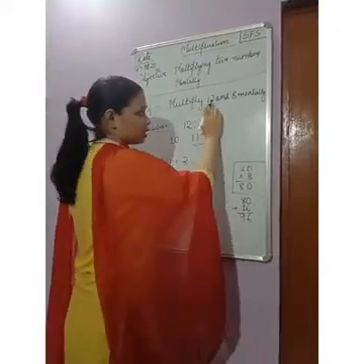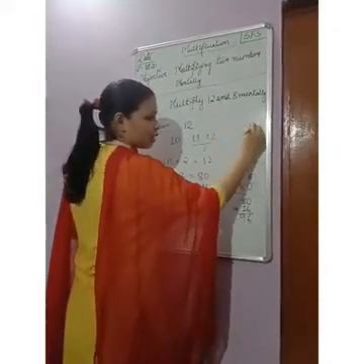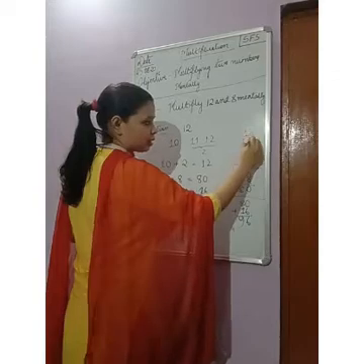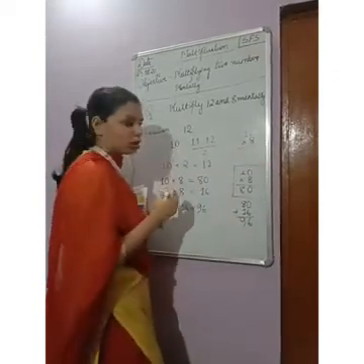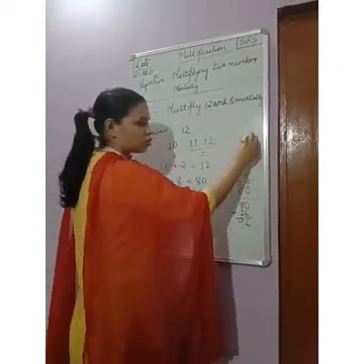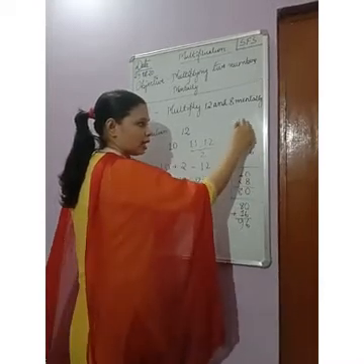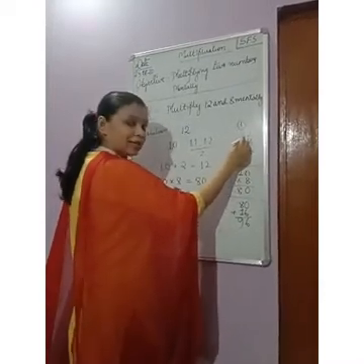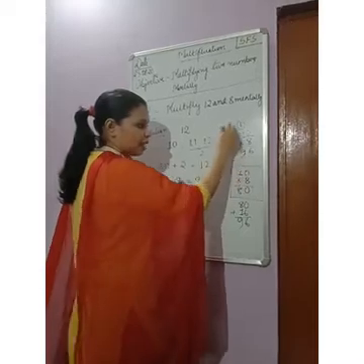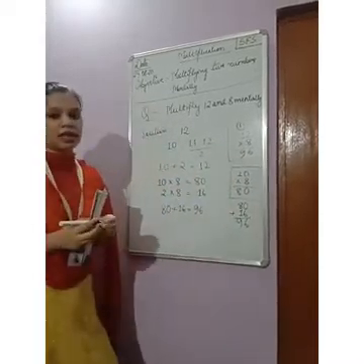So what the number originally was? 12 and 8. So you multiply the number in this way, okay, to see whether it is correct or not. So 12 into 8, 8 into 2, 16, 1 carry over, 8 into 1, 8 plus 1, 9. That means the answer is correct.